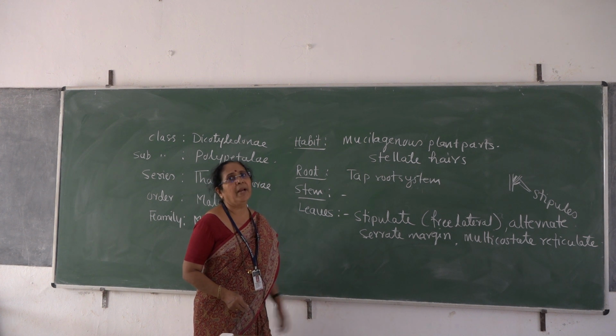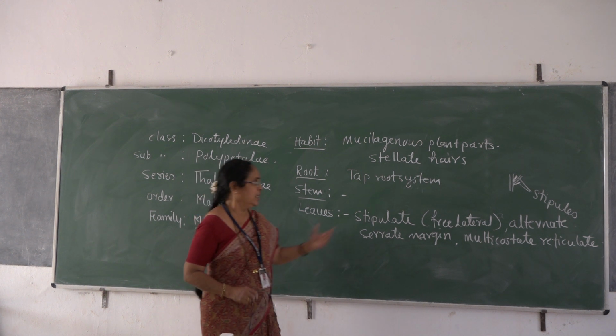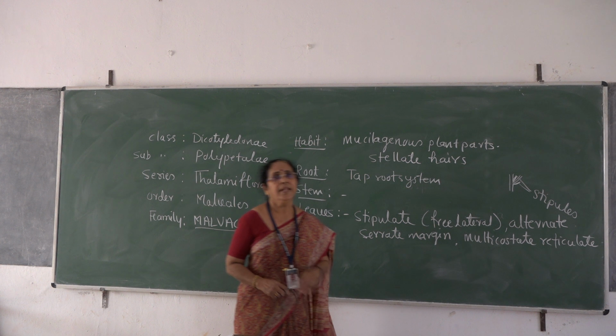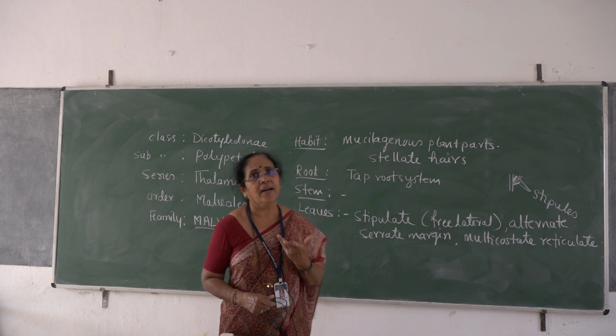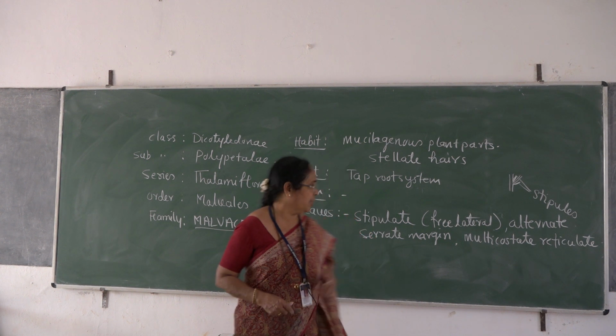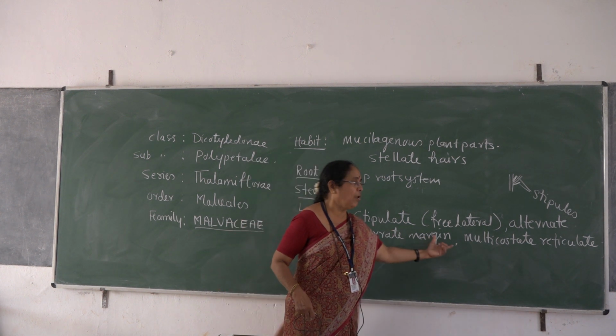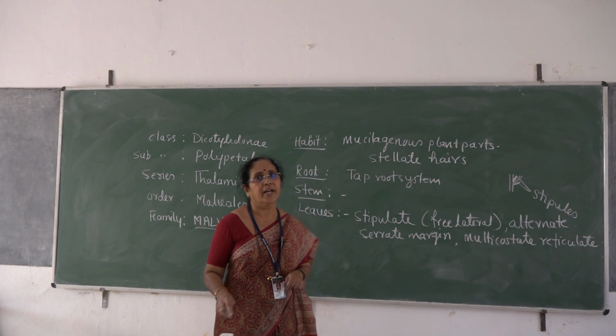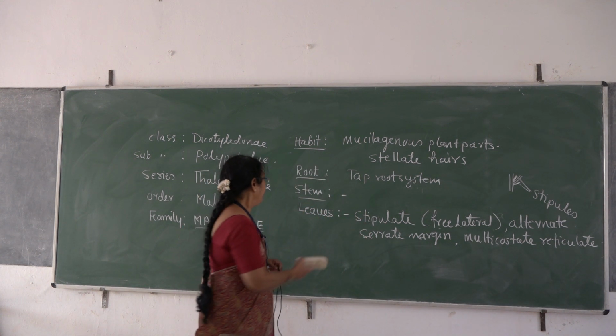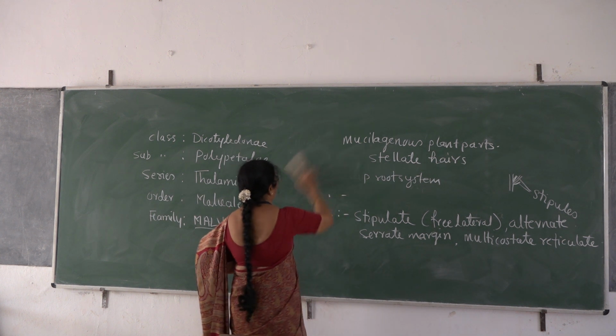So leaves are simple, petiolate, stipulate. Stipules are free lateral in nature. They are alternate, and the lamina is herbaceous. Generally, the leaf is herbaceous in texture. The margin is serrate, and the multicostate reticulate kind of venation is of common occurrence among the members of this family. Then, apart from this, after studying the